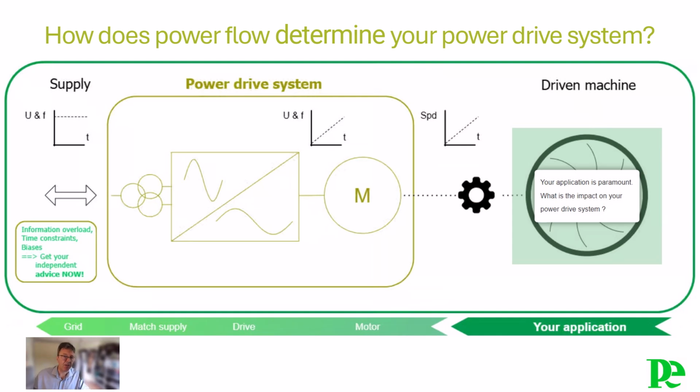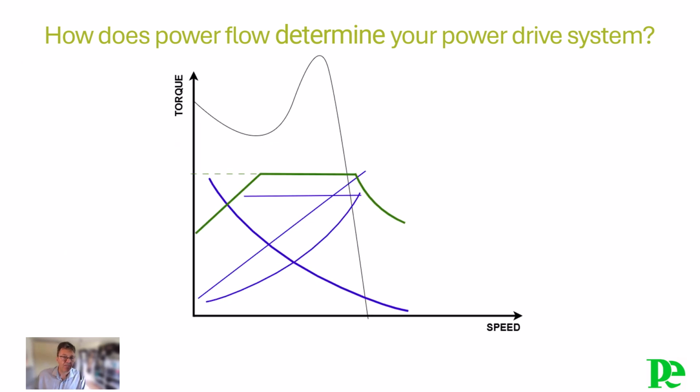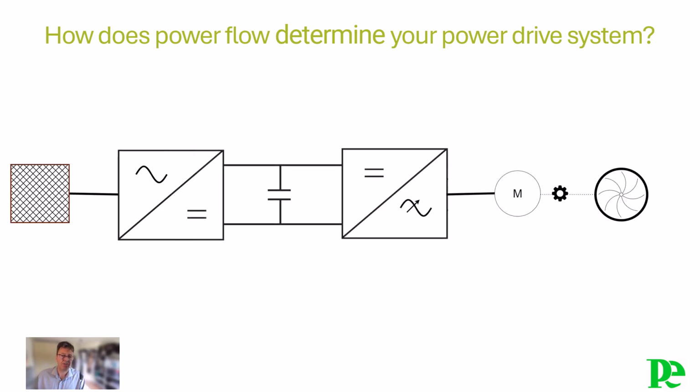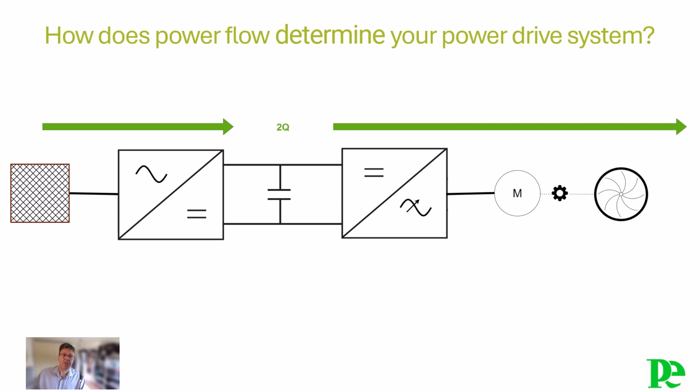In previous videos we focused only on the static torque versus speed and the torque transients. Now what about the direction of the torque? When a motor drives the machine, power flows from the source to the motor, which is then converted into mechanical power for the load. General purpose unidirectional applications such as centrifugal pumps, fans, compressors and extruders require only one or